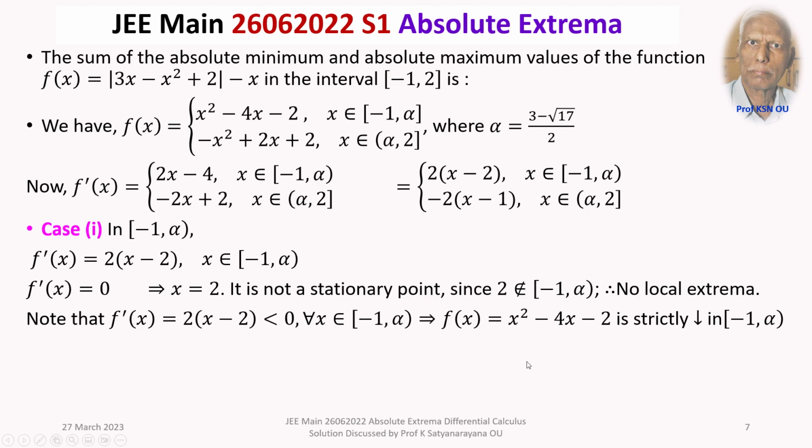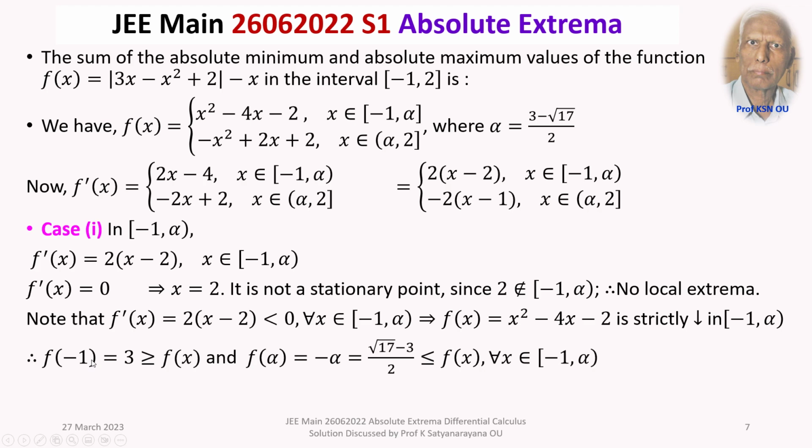Therefore f of minus 1, the value computed, is 3, greater than or equal to f of x, because it is strictly decreasing for all x belonging to the interval minus 1 to alpha. And for the other endpoint, f of alpha is equal to minus alpha, we have computed, and alpha is 3 minus root 17 by 2, minus alpha is root 17 minus 3 by 2, which is less than or equal